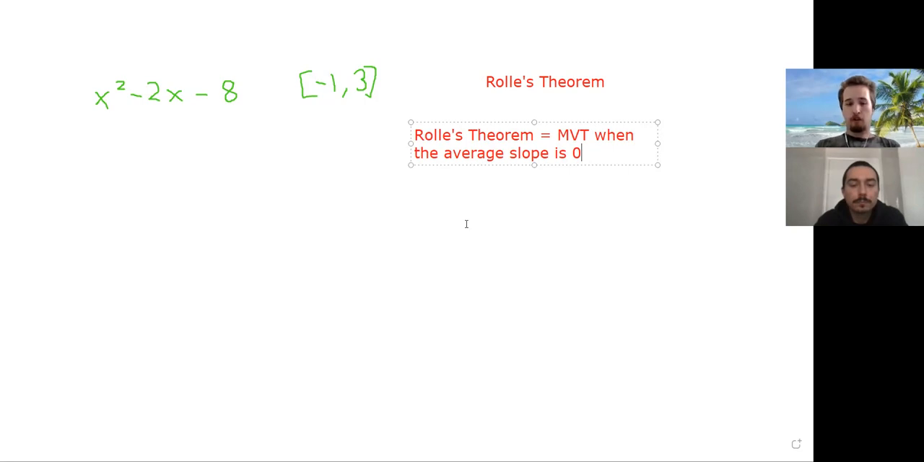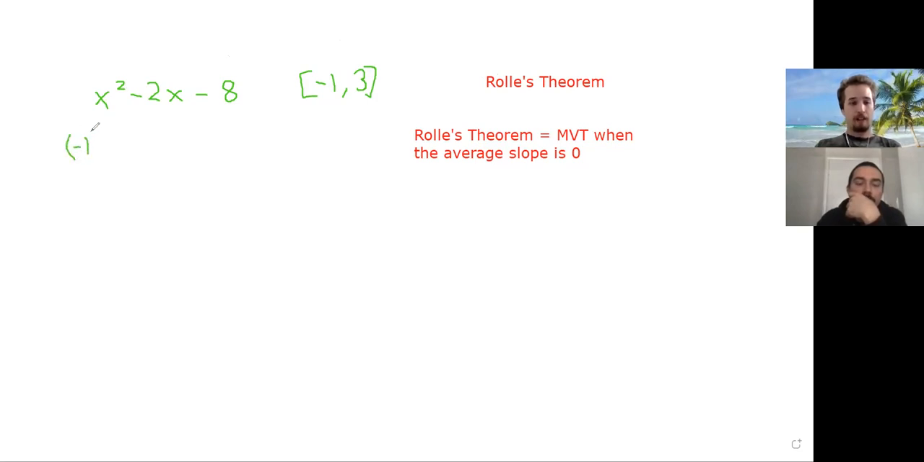Okay? So if you plug in both -1 and 3, the first thing you do with MVT is you have to figure out whether it's continuous. Okay? And because this is just an x squared function, we know that it's continuous from -1 to 3, so that's good. The only other thing that you have to do to satisfy Rolle's theorem is that there has to be a slope of 0 from the line connecting the endpoint of -1 and the endpoint of 3. And so when you plug in -1,